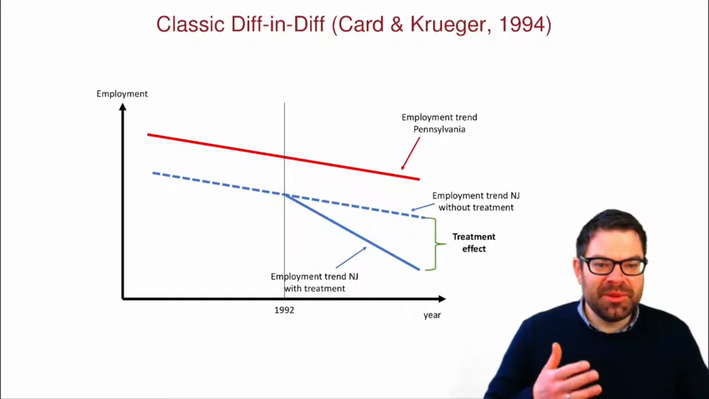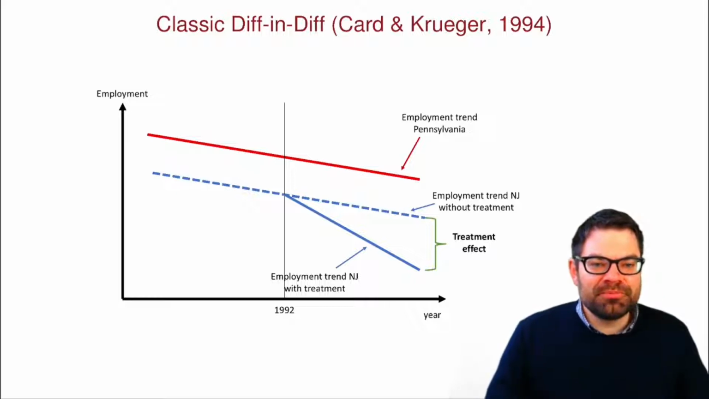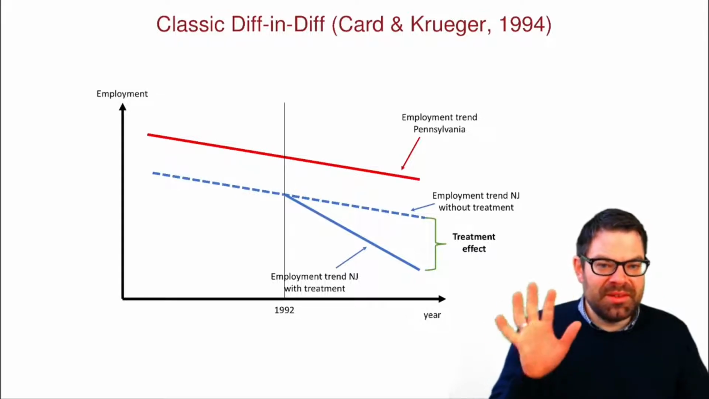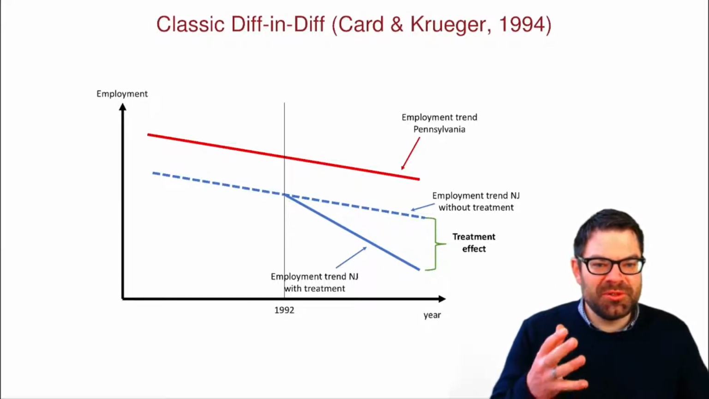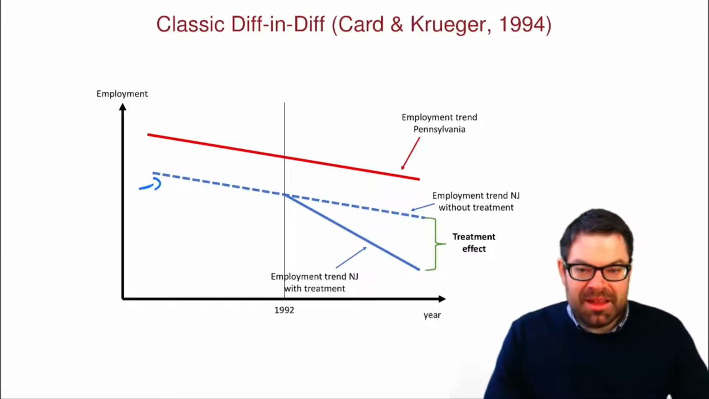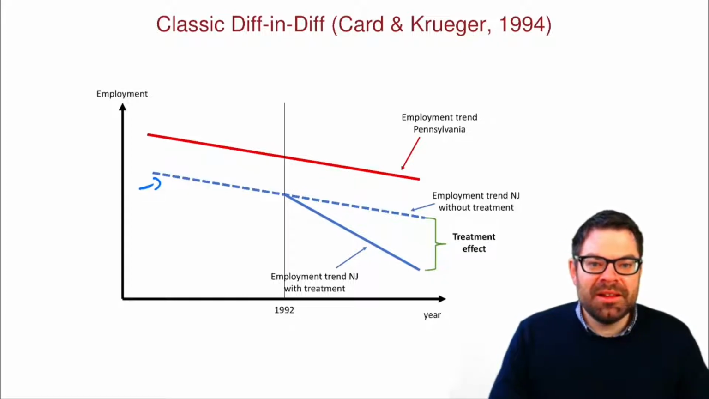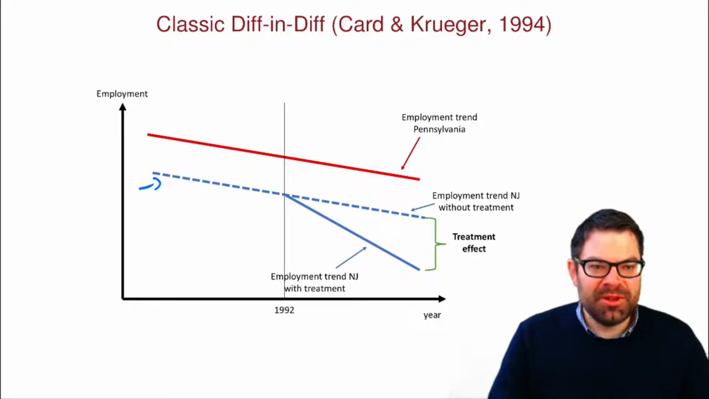Now, if this sounds a little bit theoretical, a little bit abstract, let me give you here the example. So this is theory. This is not the actual representation of the data. This is how it would work in theory. Okay? So you see here the blue line is the employment trend in New Jersey, and New Jersey in 1992 introduced a minimum wage. And if we believe the competitive model of a labor market, then what should happen is when the minimum wage is introduced, that